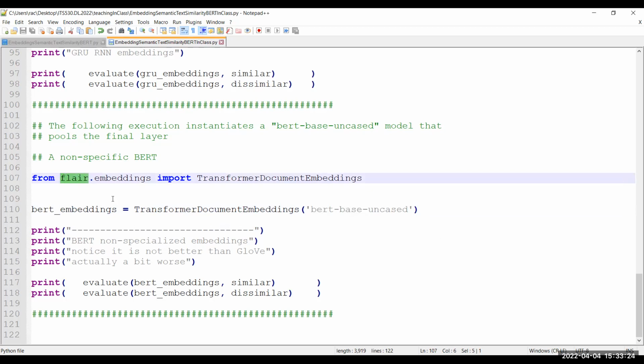I'm not sure if this is downloading directly from them or from Hugging Face, so just be aware of that. That creates your BERT embeddings object, a BERT non-specialized embedding. You'll notice that it is not better than GloVe. Actually, it'll be a bit worse,